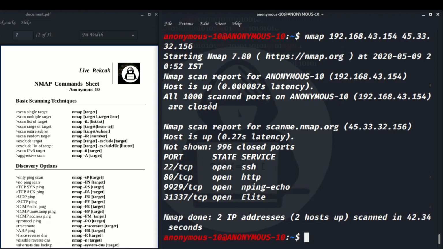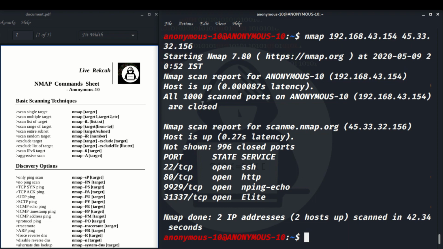But in my case, it gives me the true result because I don't have any domain or server running here. Another reason it gives you 1000 closed ports is that I am using a Linux system. You can find out whether someone is using a Linux system through this. If Nmap tells you all 1000 ports are closed, it means someone is running a Linux system, which is very difficult to crack.